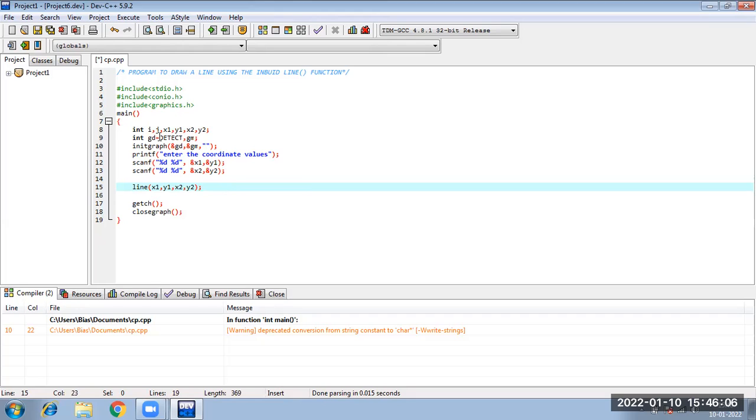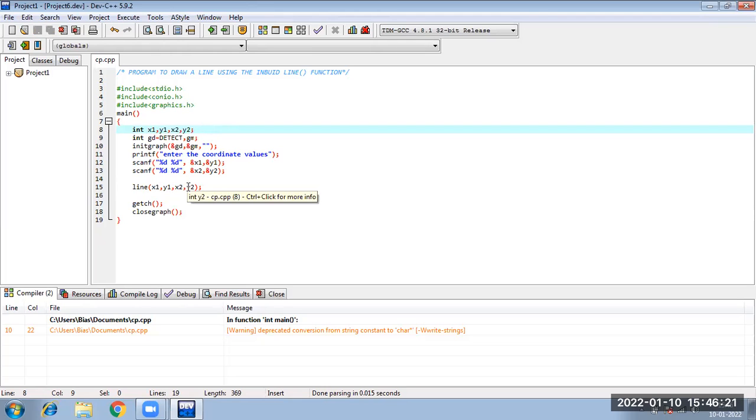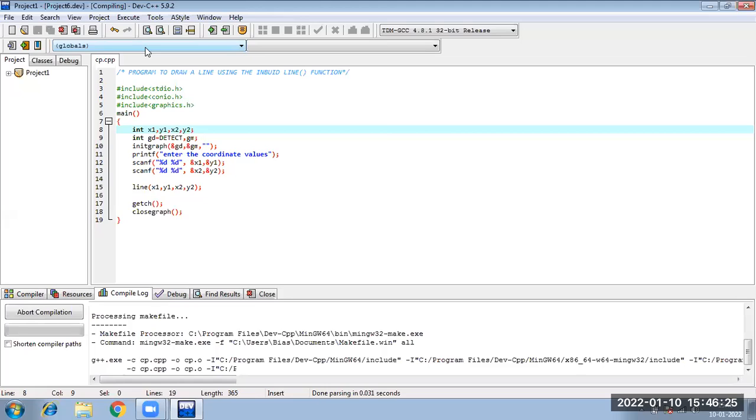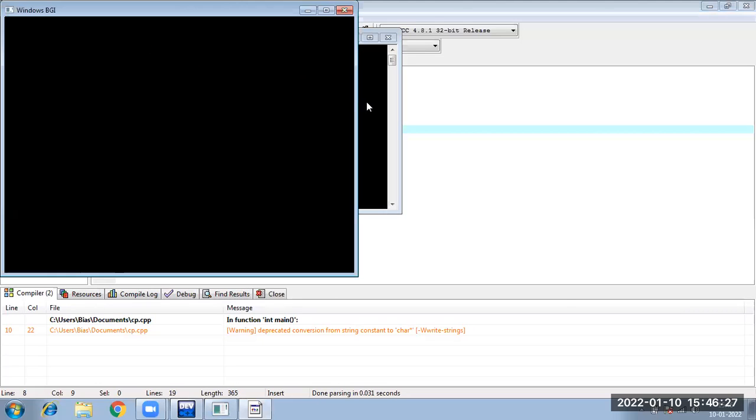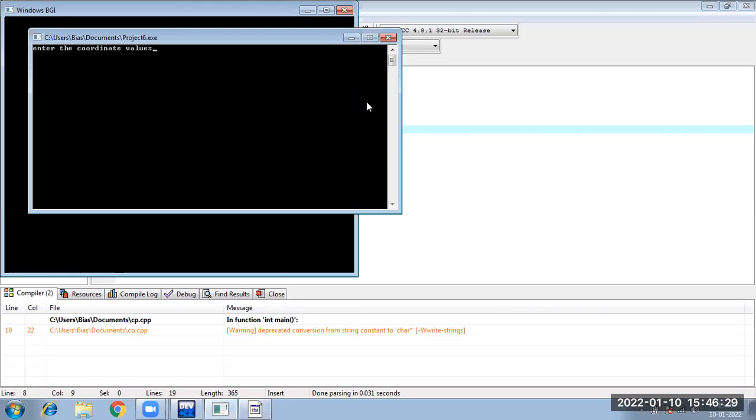So whatever values you give to this line function, basically line takes 4 values. Whatever value you give, accordingly it will draw the line. Okay, so let us execute it. Again, it is asking me for certain values.